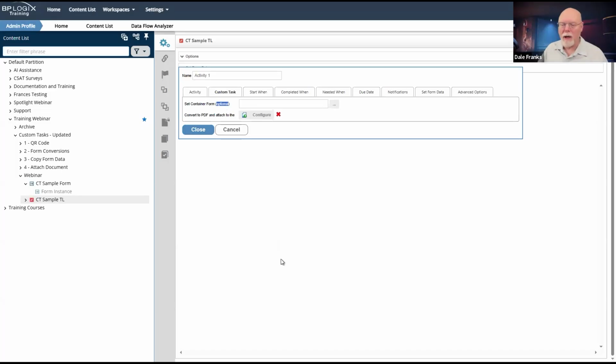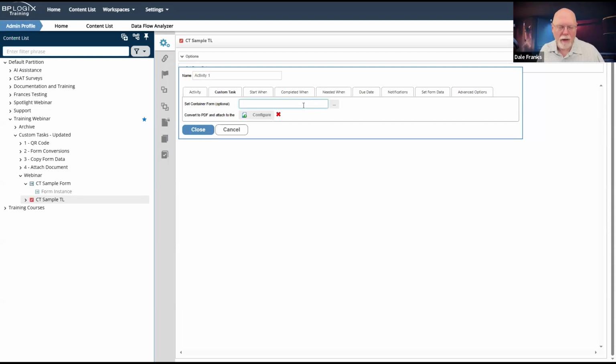Basically, this is why we have optional here: if I'm not going to do anything that is form-based, if I'm going to do something outside of that, like select the launch process custom task, it often doesn't matter what the container form is. I don't have to set anything. But if I'm doing a copy form data or almost any other form-based custom task, I'm going to need to specify the container form, which is to say the source form from which any data will be taken.